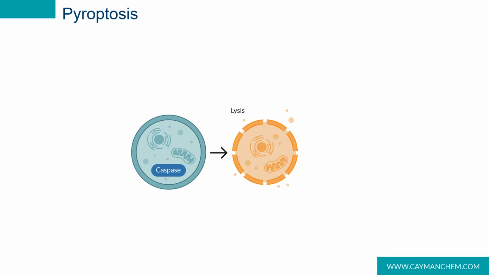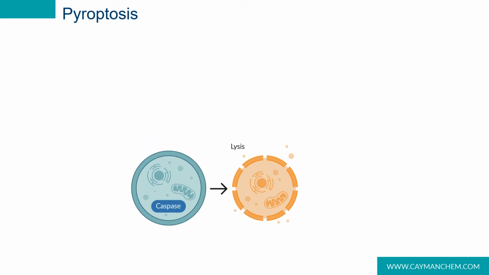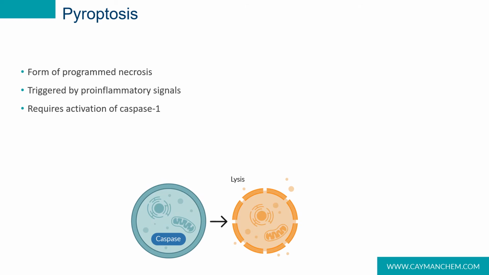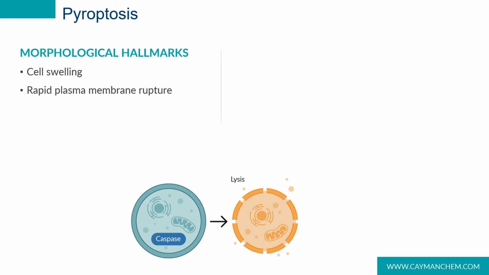There is another type of programmed necrosis called pyroptosis. Pyroptosis is triggered by pro-inflammatory signals including DAMPs and PAMPs and subsequent activation of caspase-1. Cells undergoing pyroptosis have similar morphological changes as cells undergoing necrosis and necroptosis, that is, cell swelling and plasma membrane